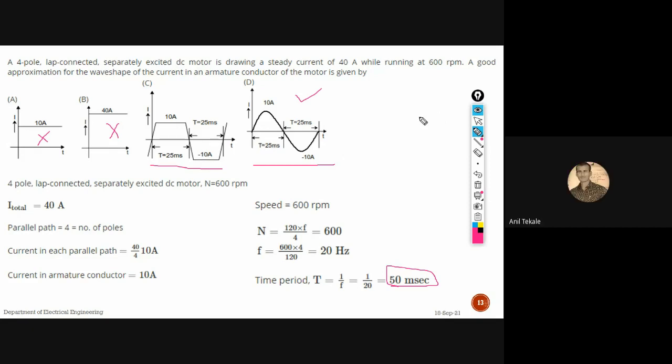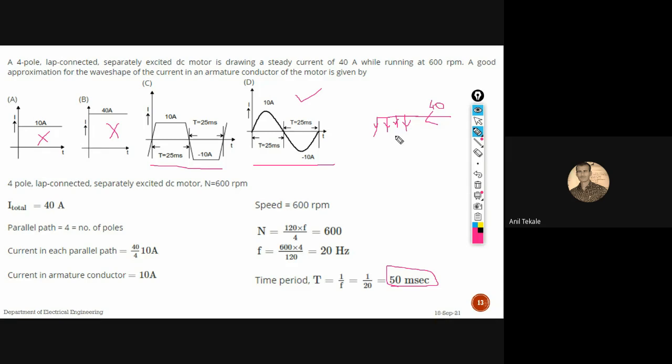Tell me, the current I showed you here came to 40, right? So that 40 current is again distributed in 4 parallel paths. So 10, 10, 10. So will that 10 current become constant or not? That is the question. Constant. That will remain constant. Why? Because as long as your conductor path is a single path, that will remain constant.